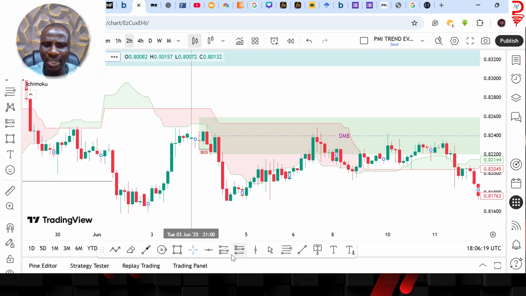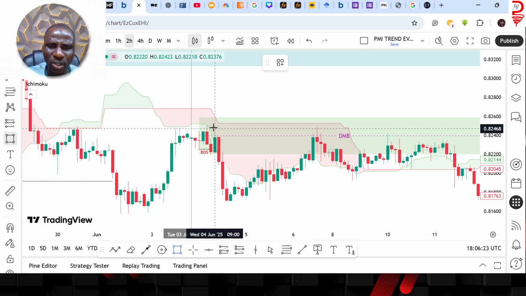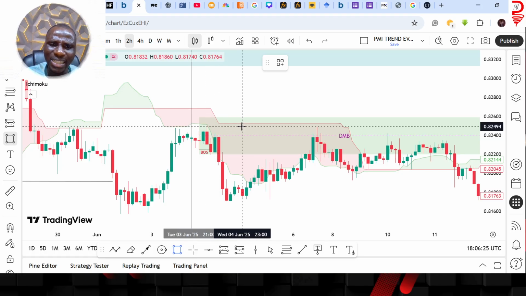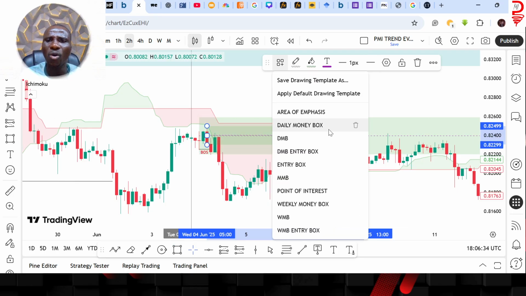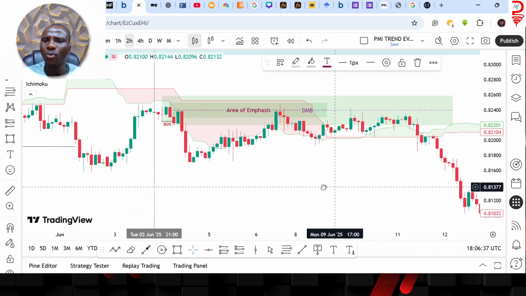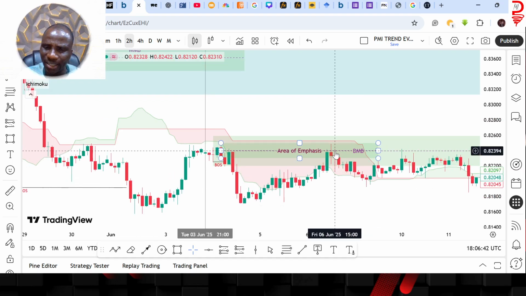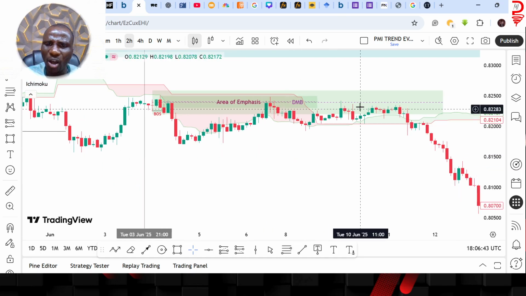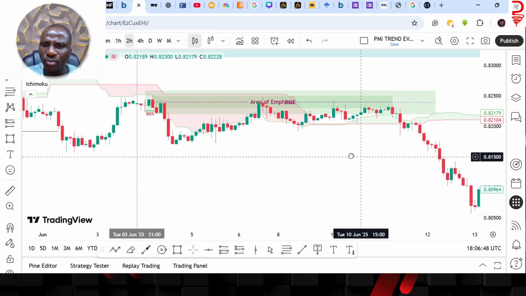So the last candle of the origin, this was the last candle. Listen to this. Last candle means the candle that has the lowest low within the origin. So this is it, this particular one. So this is our area of emphasis. Now when the market trades into it, you are not to take a trade immediately. You want this area of emphasis to create an engulfing move,